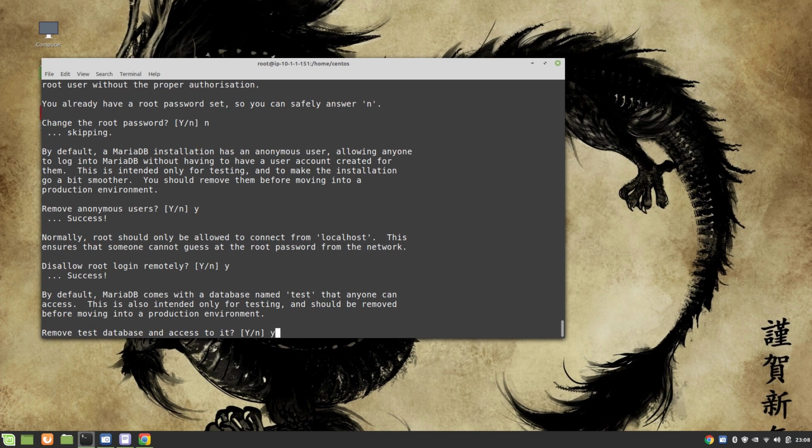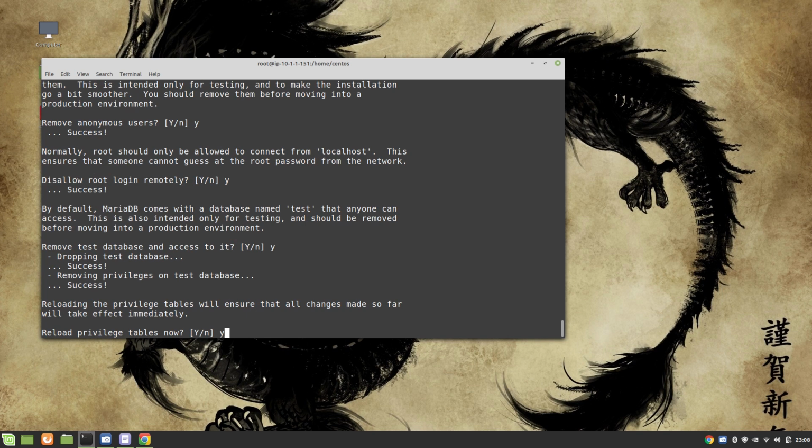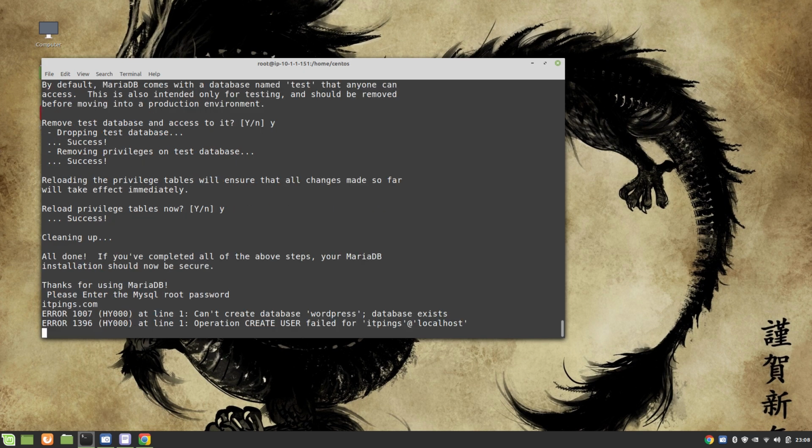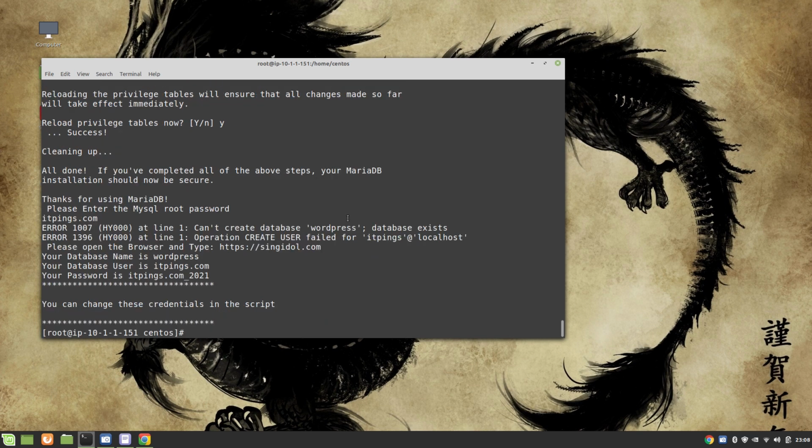So it's just running some security features of MariaDB. Reload privileges? Yes. Please enter the MySQL root password. So this is the root password, itpings.com. You will provide, of course, the password you have provided at itpings.com, and it's giving you an error because this